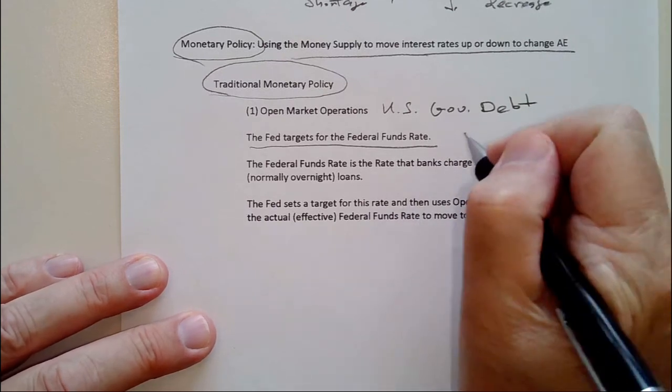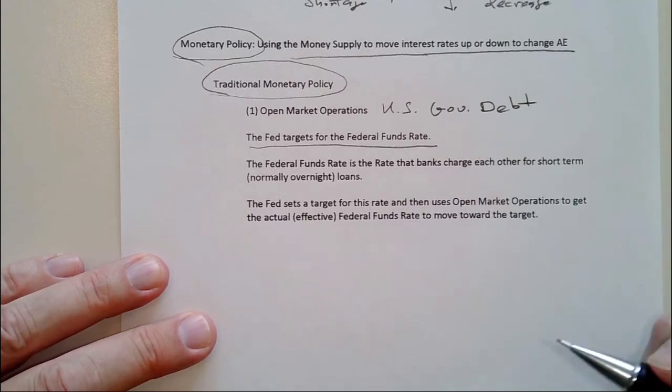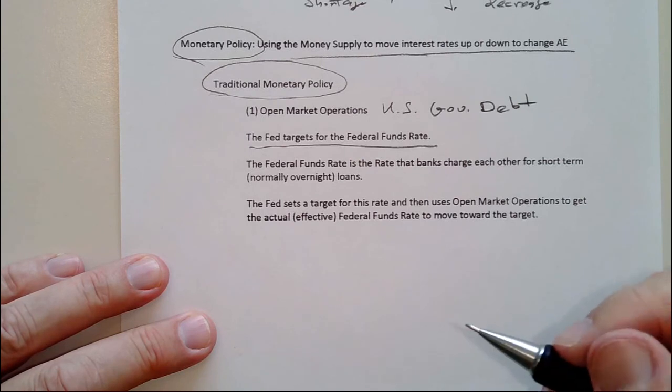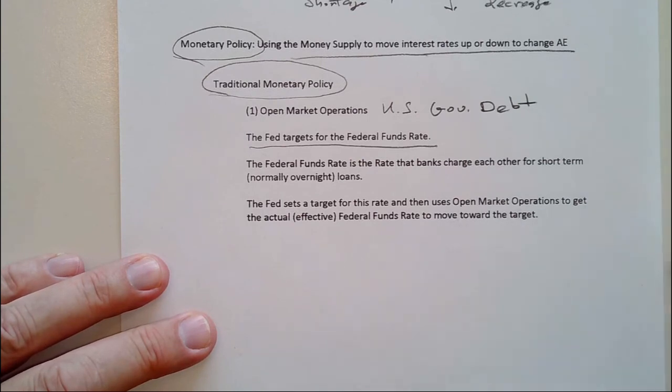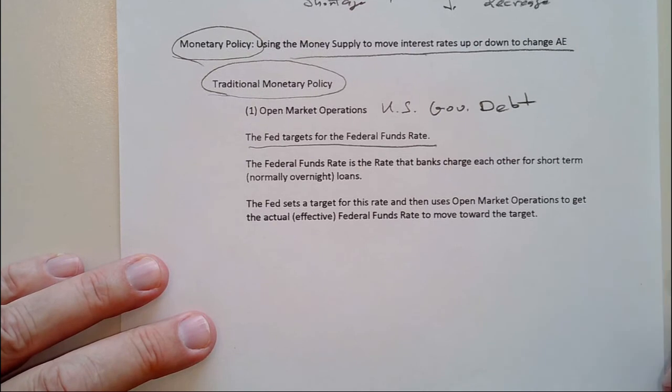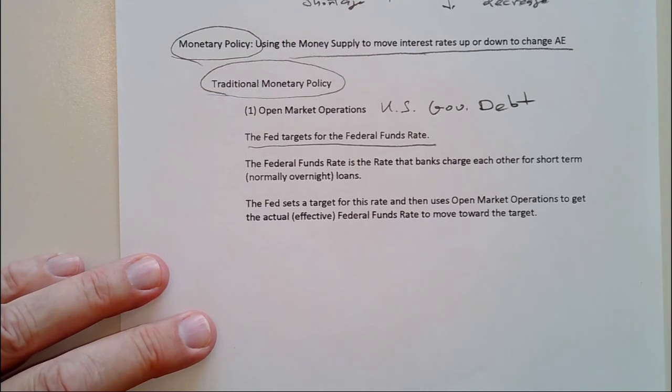These are typically overnight loans, short-term loans, where one bank will lend money to another bank, normally if they're short of funds for required reserves. So if they have what is known as a reserve deficiency, then say B of A has a reserve deficiency, they could borrow the money from Wells Fargo overnight. Wells Fargo would charge them the federal funds rate, and then B of A would pay it back the next day, the principal plus the interest.